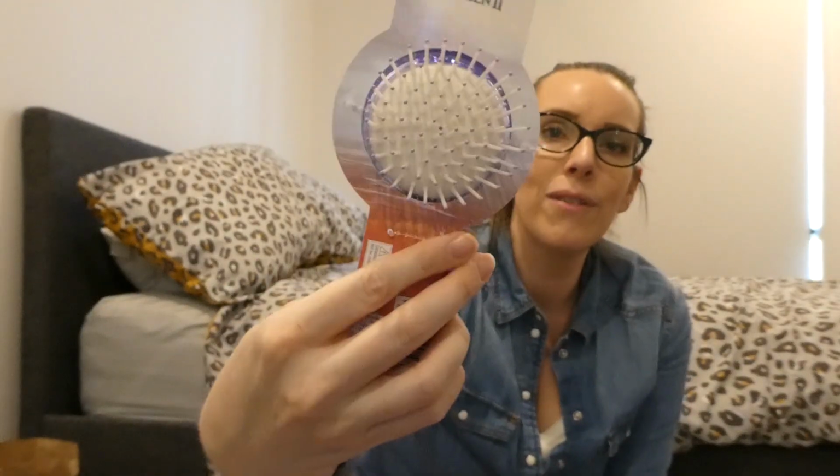So they actually had these cute little Elsa brushes from Frozen 2 that were $5, so they're half price. So I picked up one to keep back for Christmas. This will get hidden. I don't know if you guys do the same thing I do, but we have an extra bedroom in our house, and because we don't have visitors right now because of all the things happening, and our family is overseas in Canada,